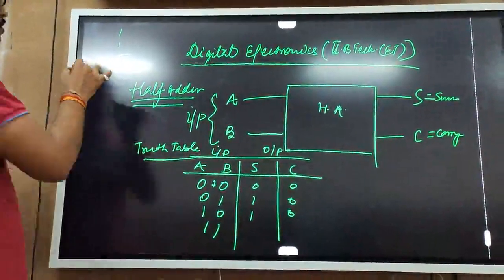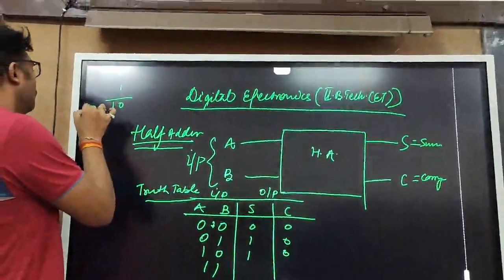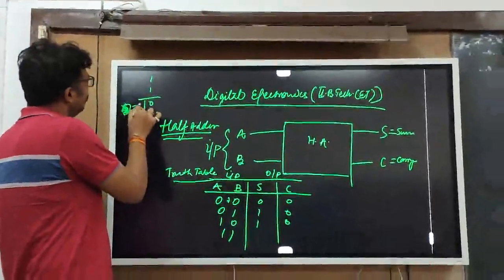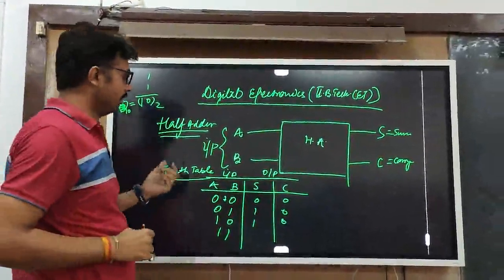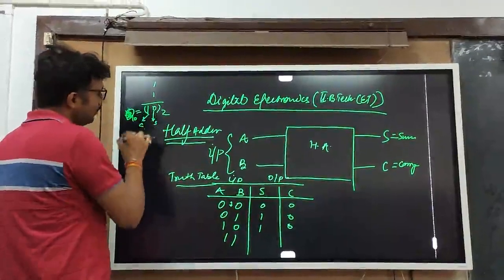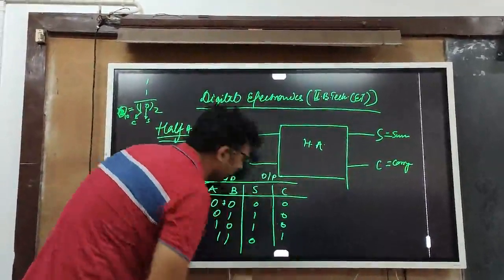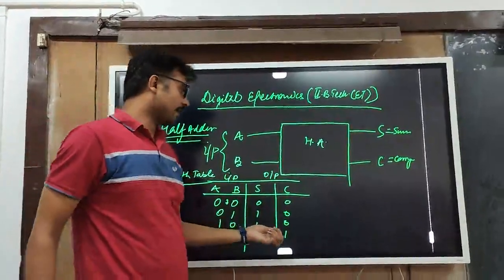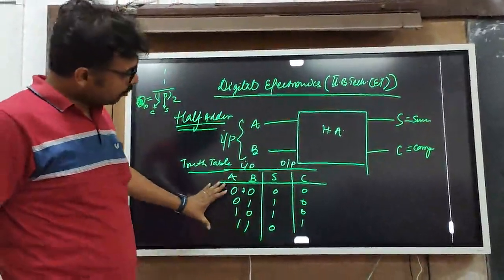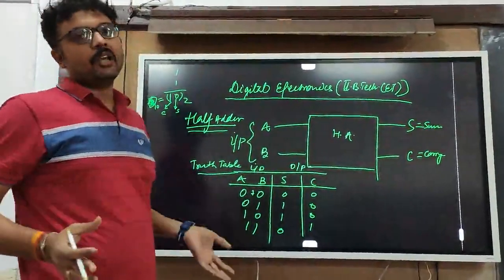It's 2, and 2 is a numerical value, and if you convert it into binary, it will be 10. So when we are writing 10, this will be sum and this one will be carry. So here the sum will be 0 and carry will be 1. So here basically the carry output comes into the picture. By using this truth table, we have to develop a logic circuitry.